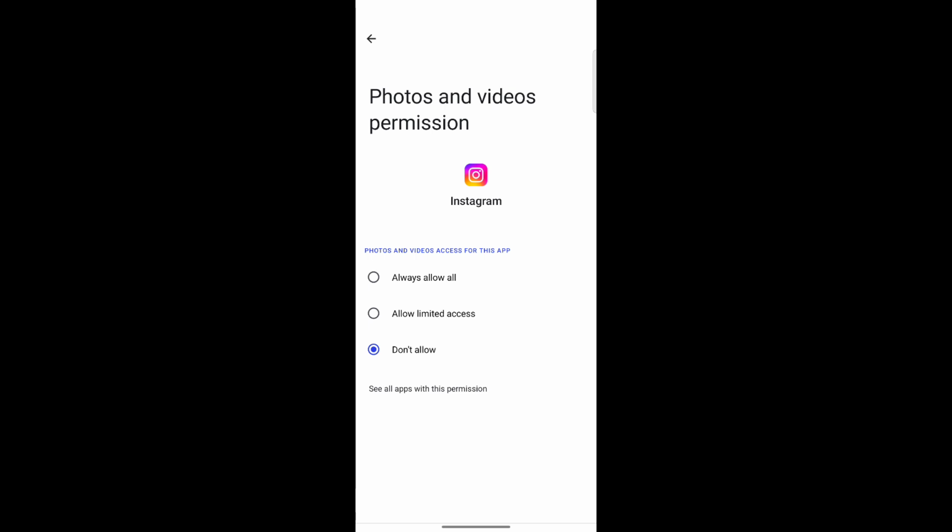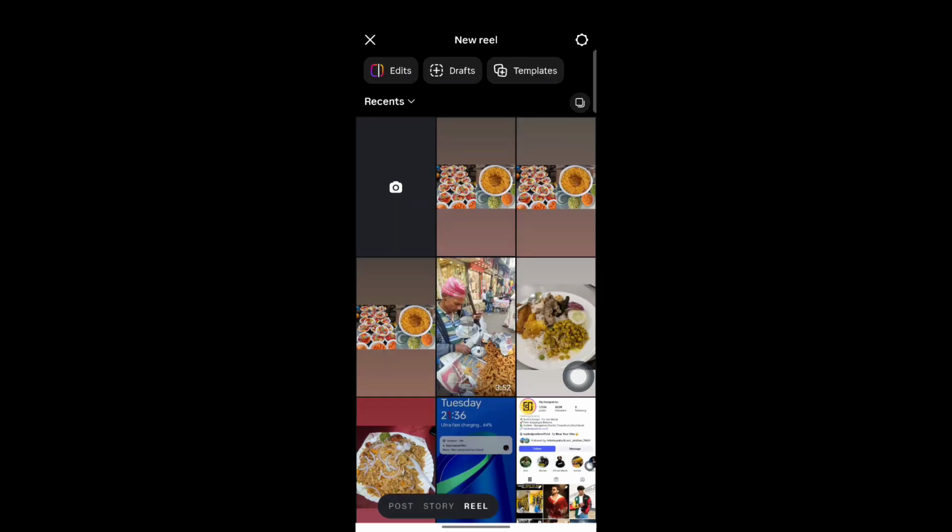That's up to you. But once I change the settings on this page and open the Instagram app, you can see that I won't get that message anymore. And I can then start sharing content on